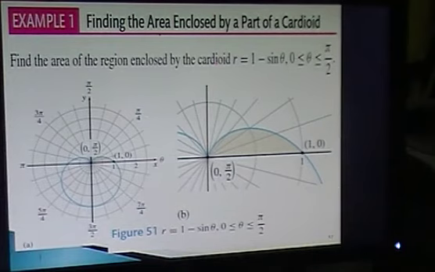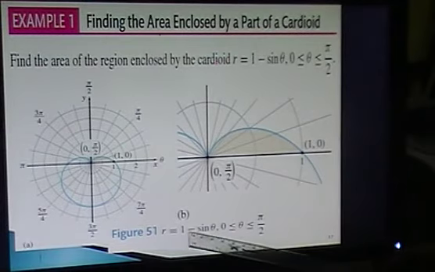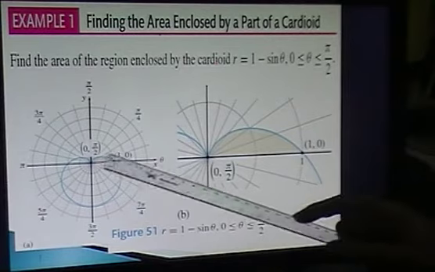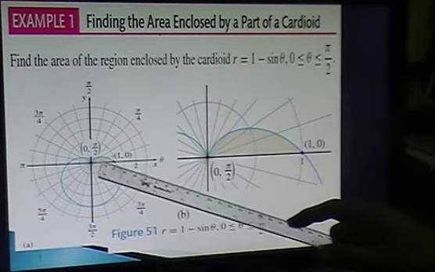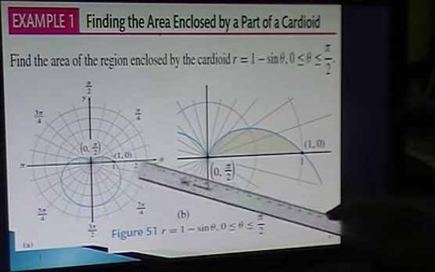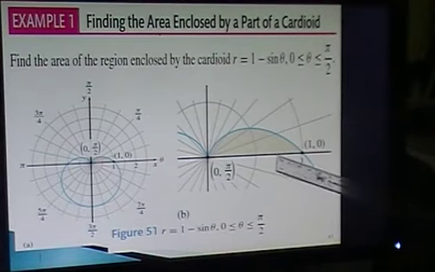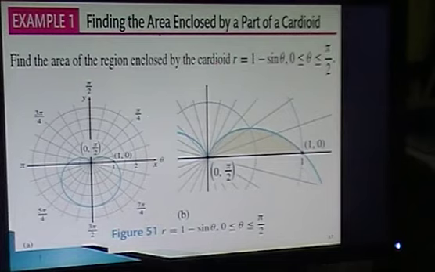So we can use the previous formula by using r is equal to f of theta is equal to 1 minus sin theta, where theta is between 0 and pi divided by 2. That is exactly in the first quadrant. If this small part of the area is enlarged, then it becomes this one. So the right picture is actually only an enlargement of this small area. We will see the calculation of the area.